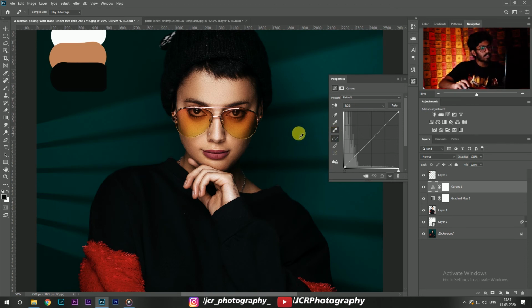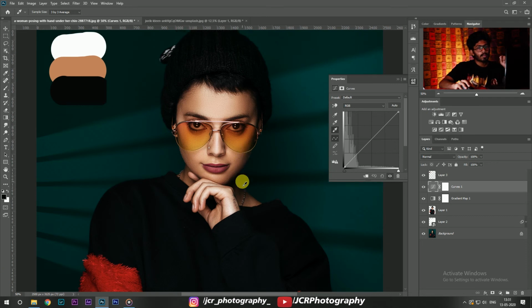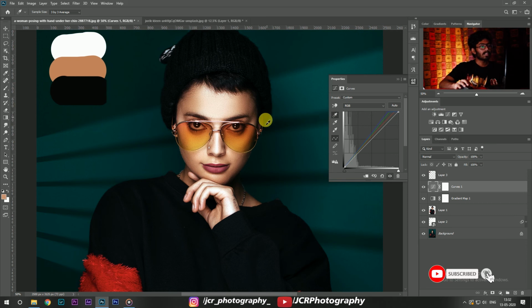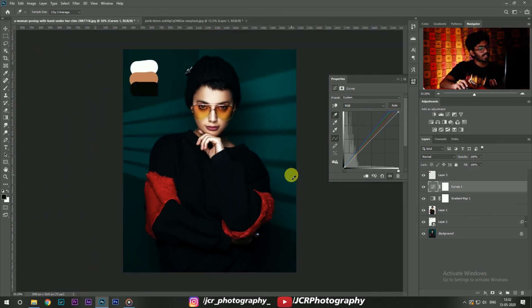Now I'm having the highlights color picker, so I'm going to make a point. I'm going to try to select on the brighter areas to adjust the colors. I think her nose is brighter, so I'm going to make a point on her nose, and you can see the color has been adjusted, right? And then now take the midtones, and I'm going to apply it on the inner cheeks, or otherwise inner forehead, this side. Yeah, that will be good. And then for shadows I'm going to place it under her chin here, and yes, we have color corrected, right?